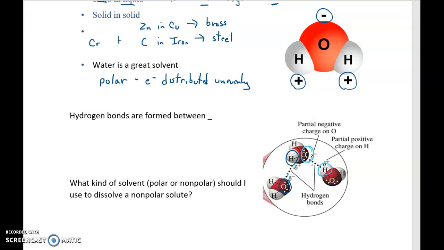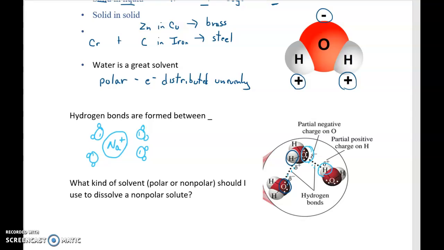So water can solubilize ions, like here's a sodium ion, and it's positively charged. We can get oxygen facing it all the way around. And the hydrogens, the positive hydrogens, are away. And we can solubilize